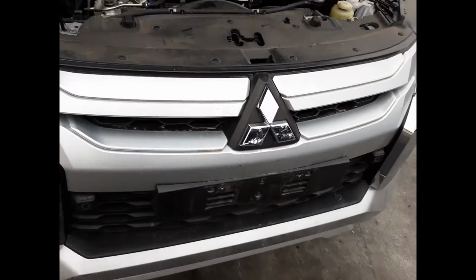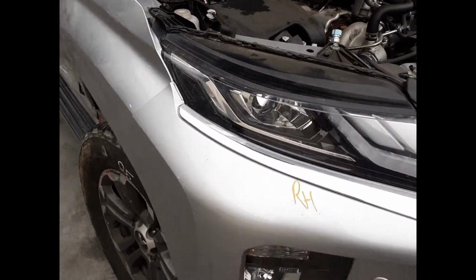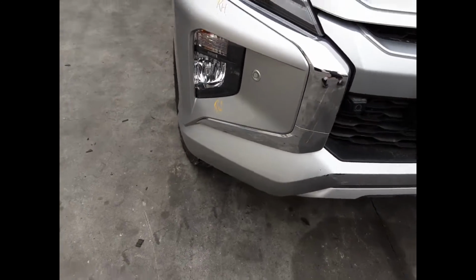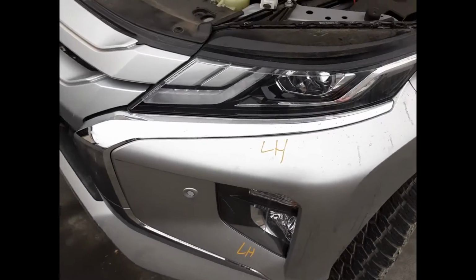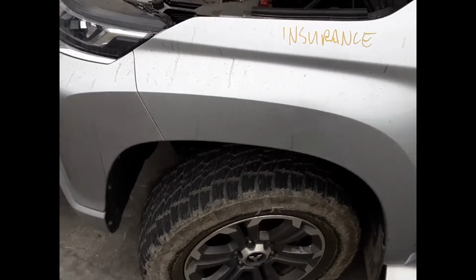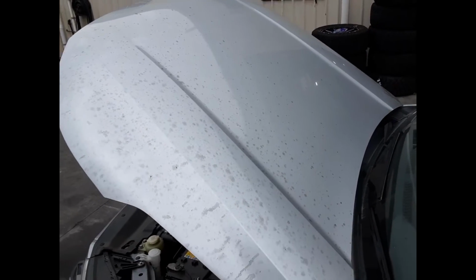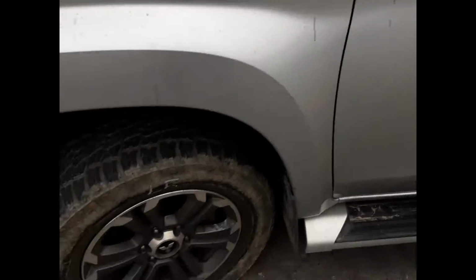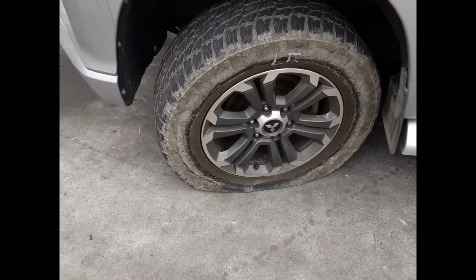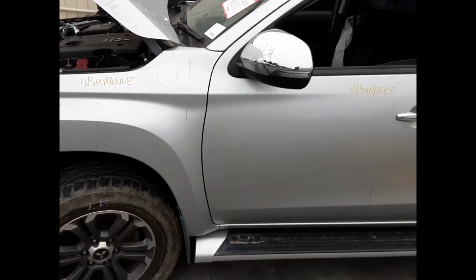We have the radiator grille, right hand headlight, right hand fog light, tidy front bumper cover, left hand fog light, left hand headlight, left guard appears to have no damage, bonnet also appears to have no damage, left power door mirror in chrome, non-camera type, left front 18-inch factory alloy mag with a flat tyre, both left hand doors appear